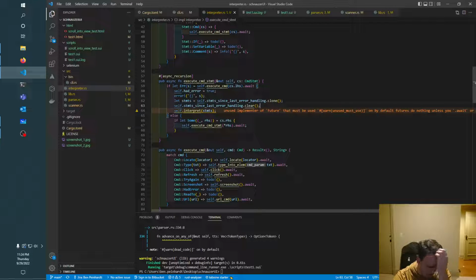We can continue, or we can try again. So really the only purpose of the had error flag at the moment is to be able to say try again, or possibly say take a screenshot. We might want to have it default to taking a screenshot on an error, but